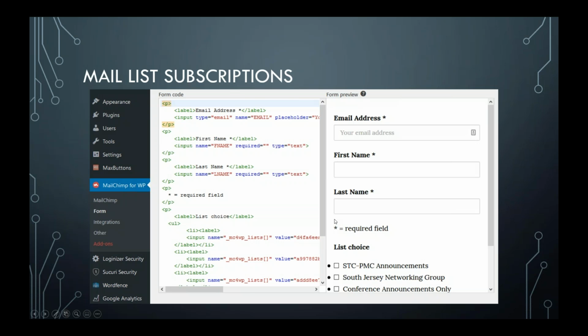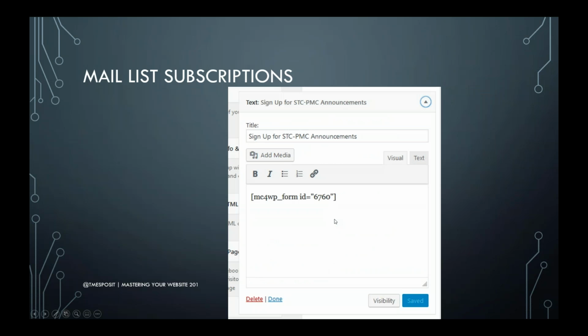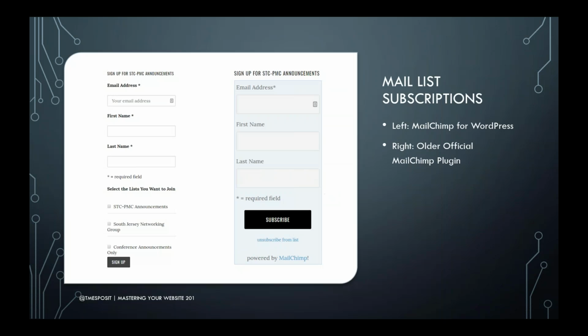And then you take this particular content and you plug it in, it gives you this ID, and you add this as a widget, let's say in WordPress, which is something that gets placed in one of the sidebars, for example. And then what you end up with is on the left the one that I created that allows you to sign up for multiple lists, versus the out of the box one on the right, which is only for one list. This way people can sign up for all three of them at the same time if they want. And when you're done, it just appears wherever you place it on your website. So that way you can get people signing up for your correspondence as they like, all in one spot.